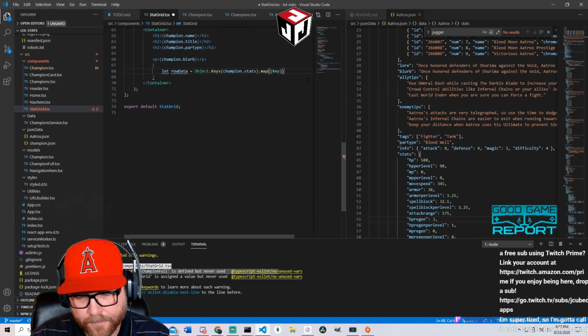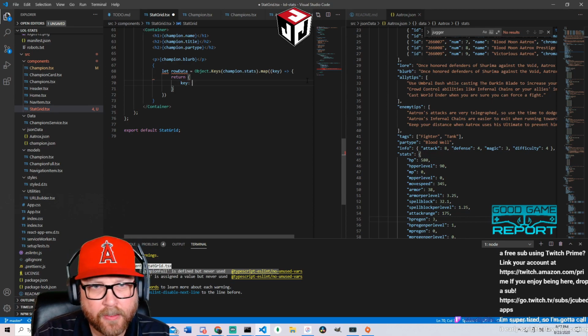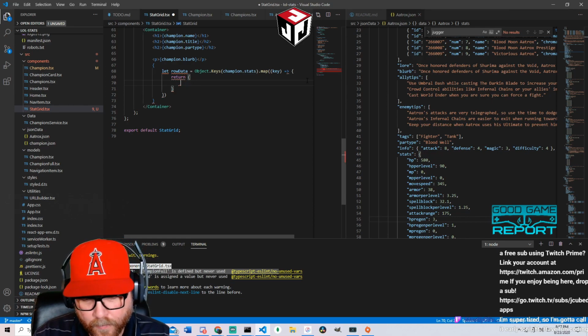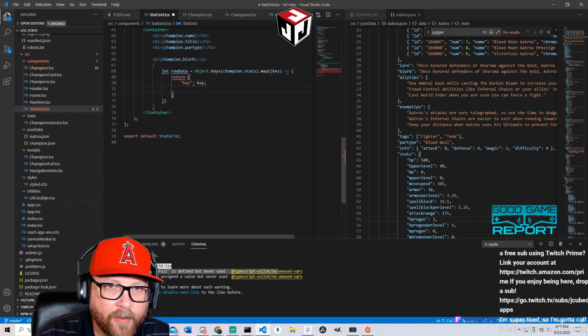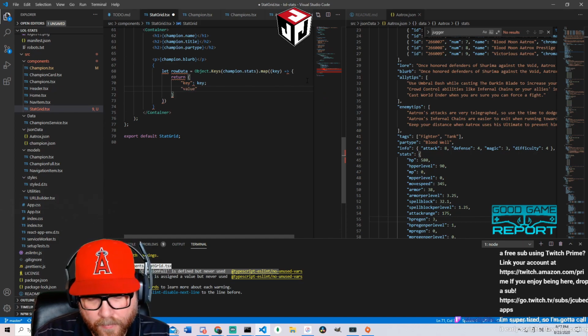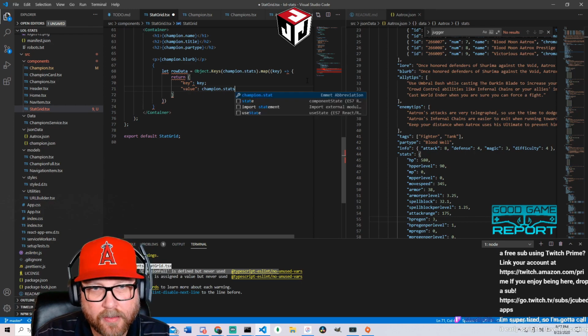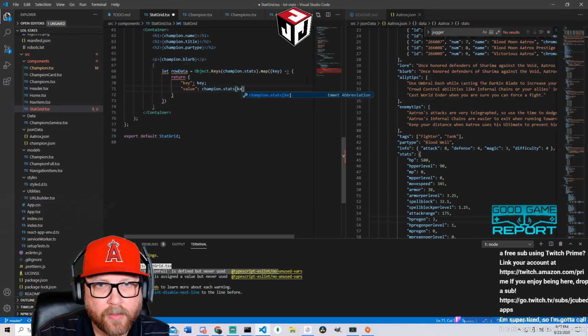dot map, key, and then I can return an object of key, and then value, and then we'll say champion dot stats key.